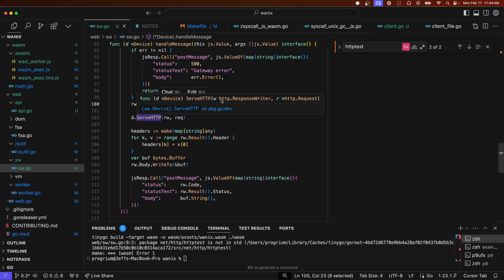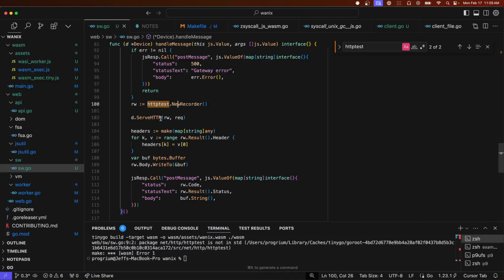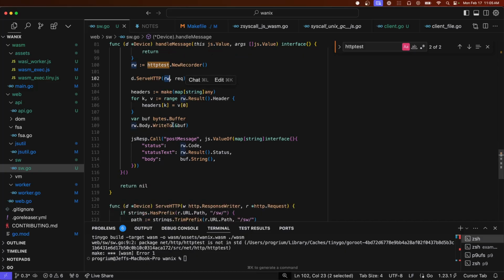So it's basically like the output, and normally it would write it to the network connection, but you can use this response recorder thing because it implements the same response writer interface. So it's basically going to record the response and then you can inspect it. So it's just a little stub that lets you record the response instead of actually writing out a response to any network, and then that way we can